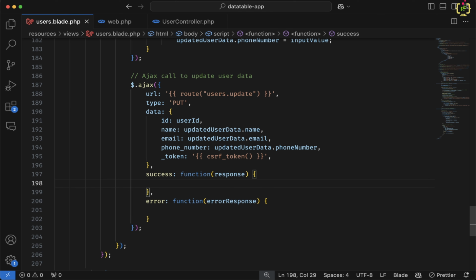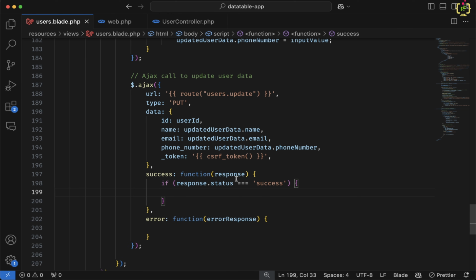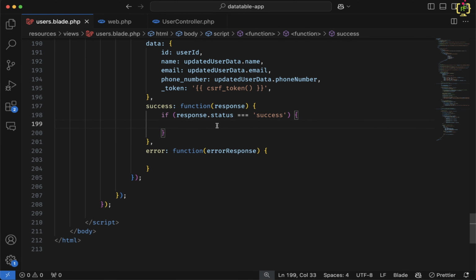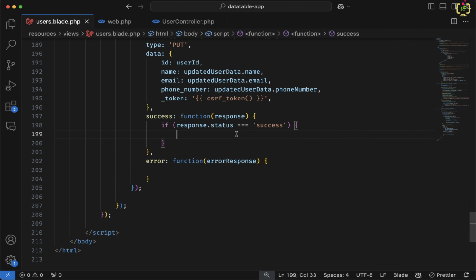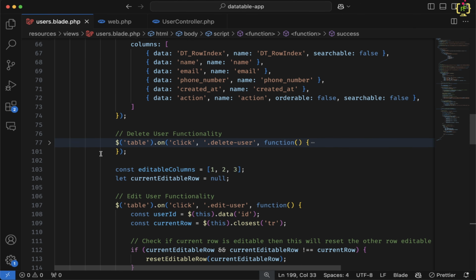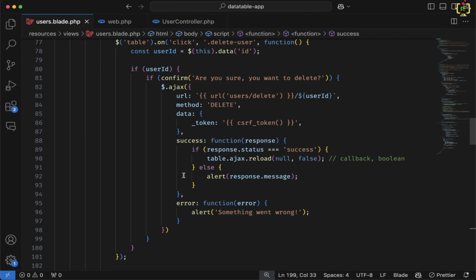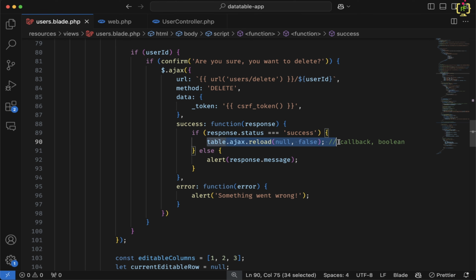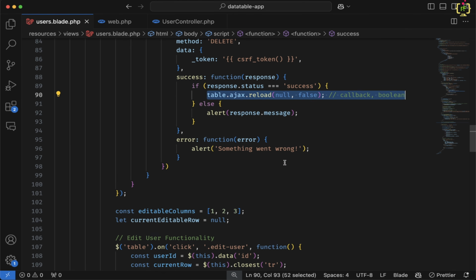Now let's come to the users blade. Here we will have to capture the success response. So I will add if response dot status is equals to success. Okay, then we will have to update the updated data in the users table. So for this, simply we can reload the table using AJAX. So if you scroll up, for the delete, we already reloaded that table here. Okay, so let's copy and paste it here,